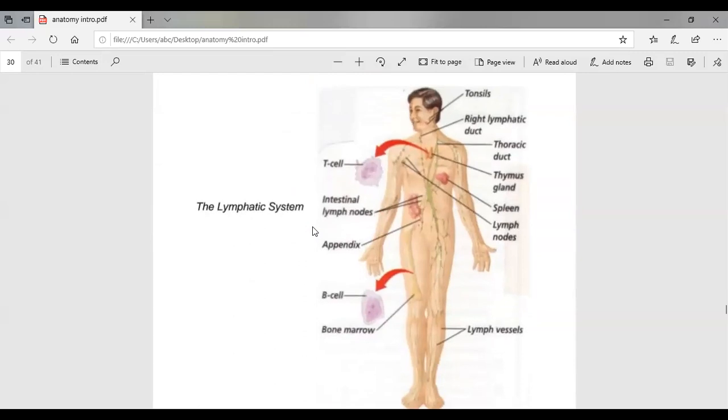This is the lymphatic system. The lymphatic system has different organs. I will not elaborate much on this because it will be very in depth, and you will learn about it when you join the course. But the lymphatic system's basic function: it also has structures or vessels or pipes which carry lymph. As we know that arteries and veins carry blood to different parts, similarly, there are lymphatic vessels or lymph vessels, can you see on the legs?